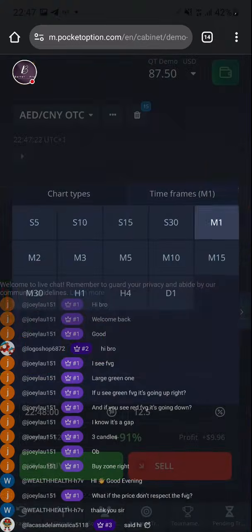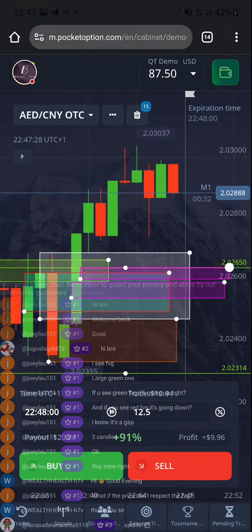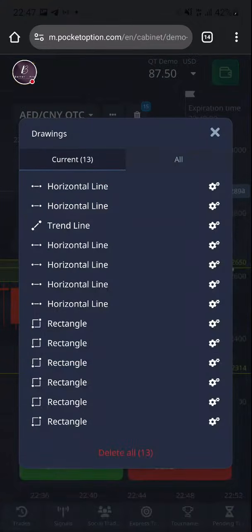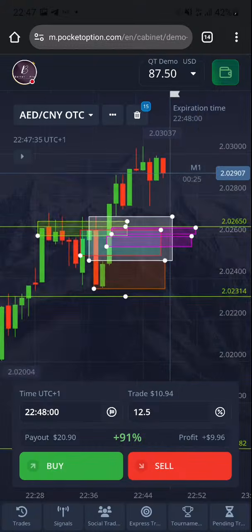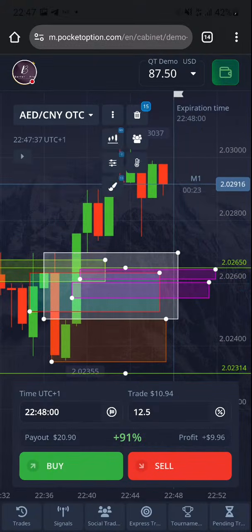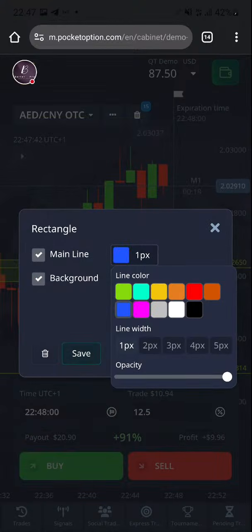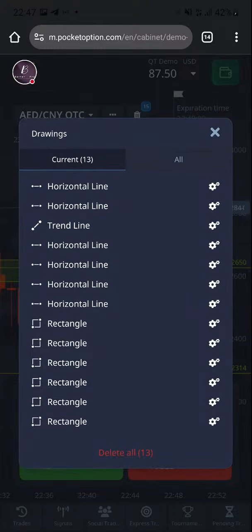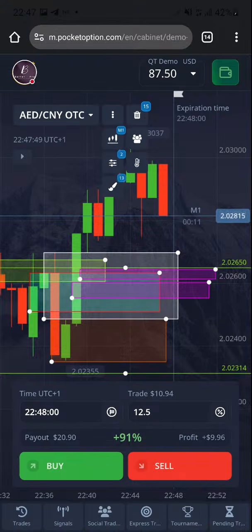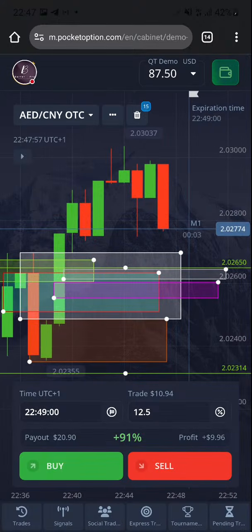So let's go back to M1 and let's extend this entry now. This other entry, let's extend it. Okay, cool. So we have two entries and they kind of look alike. Because we have too many things, let me just change the color. Let me change this one to a different color. It's easy on the eyes now.